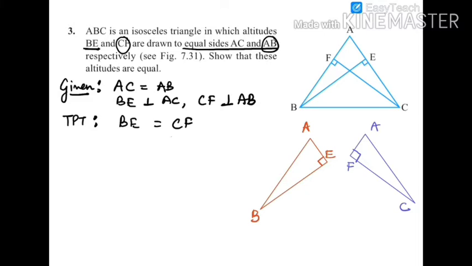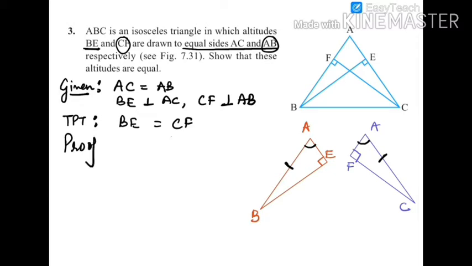And we know that angle A is a common angle to both these triangles, so they are going to be equal. Also, it is given that AB is equal to AC. Notice that we have two angles and a side of one triangle equal to two angles and a side of the other triangle. So which criteria do we apply here to prove them congruent? Obviously, angle, angle and side.